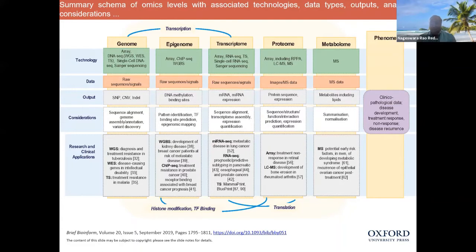Now, what is this used for? This is mostly used for treatment. Microarray is used for treatment of retinal diseases. And LCMS is used to identify bone erosion in rheumatoid arthritis. I think you people know what rheumatoid arthritis is. Arthritis is where your kneecaps are eroded, where your bone is degraded. So LCMS can be used here to understand how the bone erosion has happened in rheumatoid arthritis.